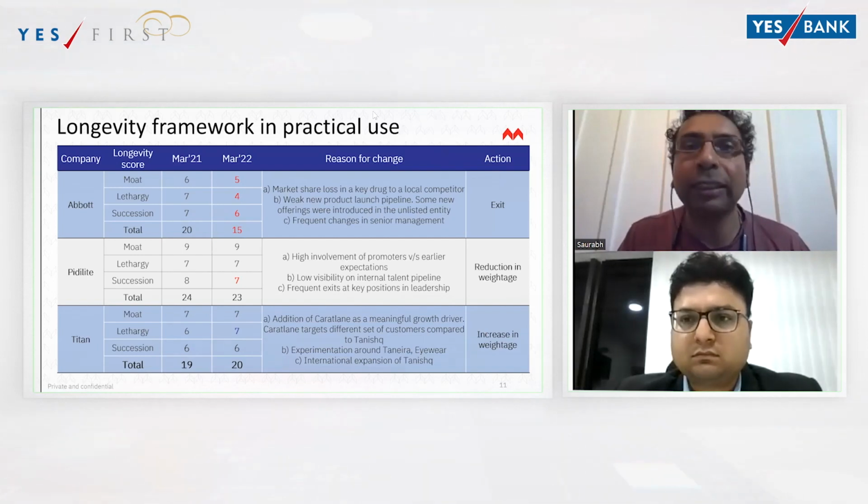Right, पहला reason it can change is the scores drop, but the other reason it can change is if the stock price drops. For example, if the stock price गिर गई, but the scores remain unchanged, then we increase the position size. Right, so the longevity framework tells us the ideal position size for that stock.